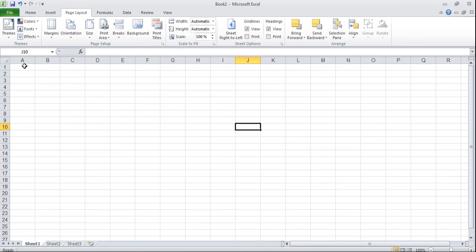Now we can enter data inside our cells. Like for example, I will write here student number and then student name and then mark. You can see whenever I wrote a text inside a cell, sometimes this text size is larger than the cell